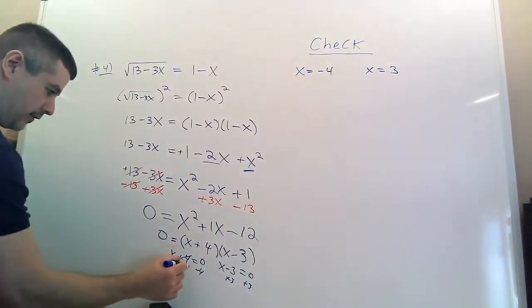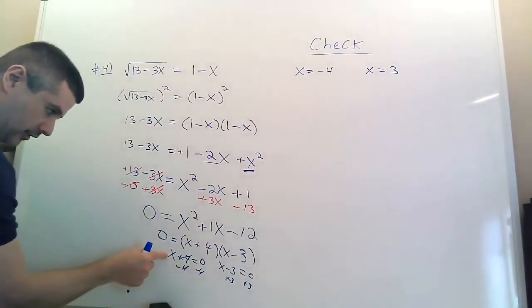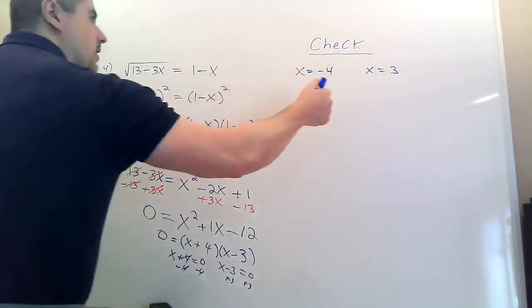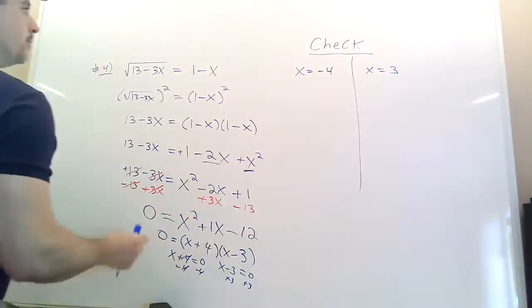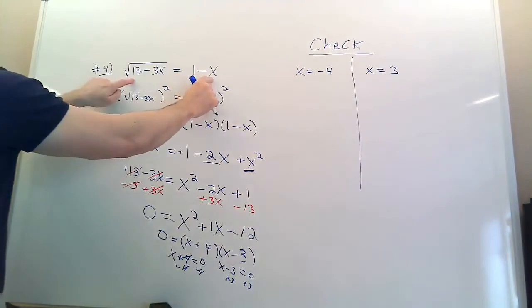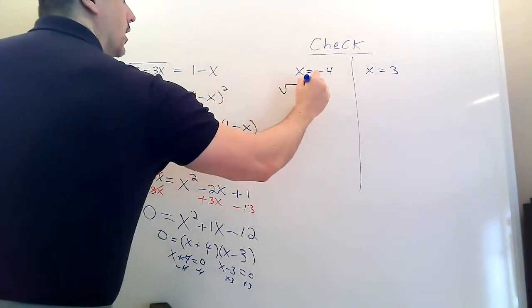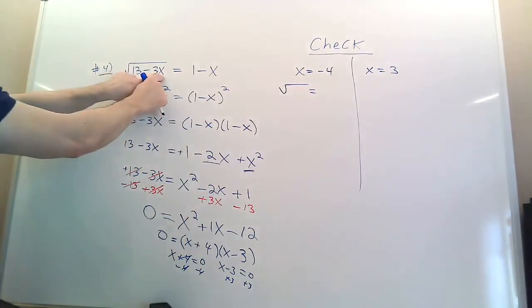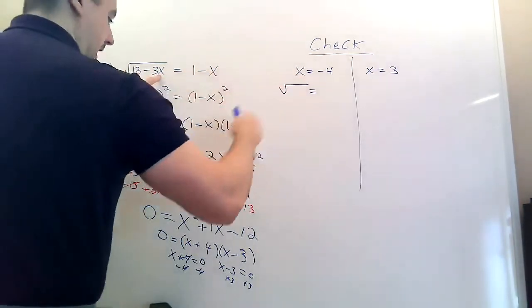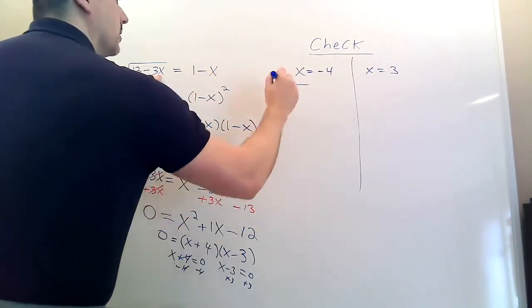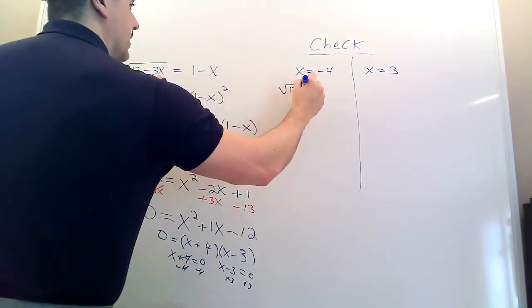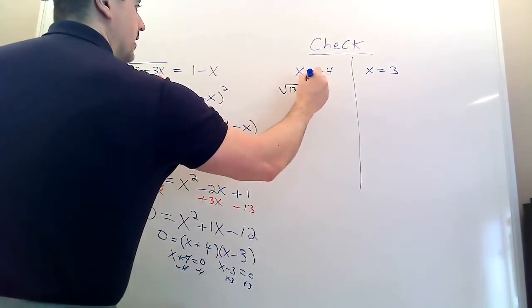Right? You cross that out from that side, right? That x is alone now, equal negative 4. So we're going to check. I'm going to go back to the original. Wherever I see x, I put negative 4. I should have written this bigger. You're going to get 13 minus 3 times negative 4